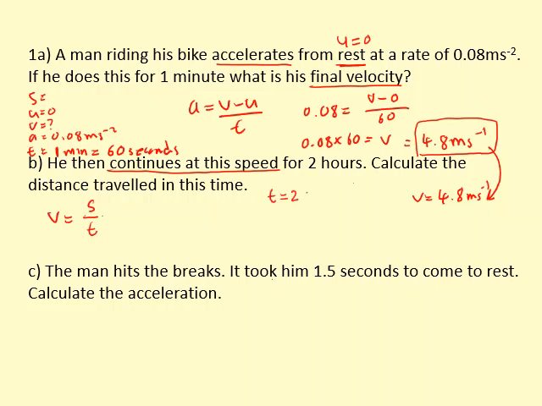So that's 2 hours, there's 60 minutes in an hour, and there's 60 seconds in every minute, so that's 7,200 seconds. If we put these numbers in, we get 4.8 equals displacement over 7,200, and rearrange this gives us